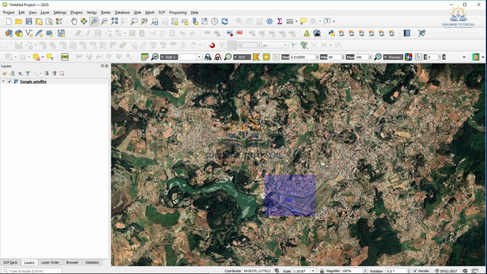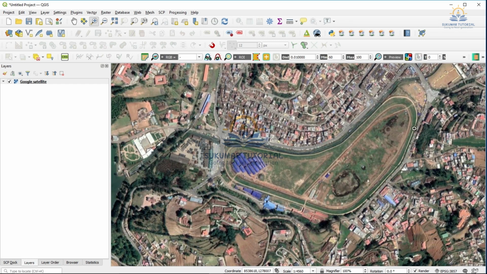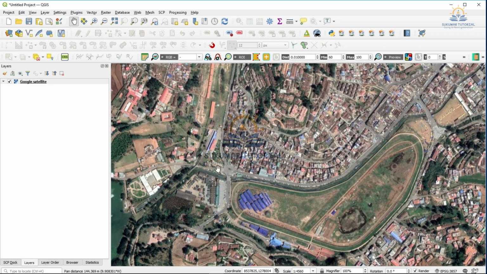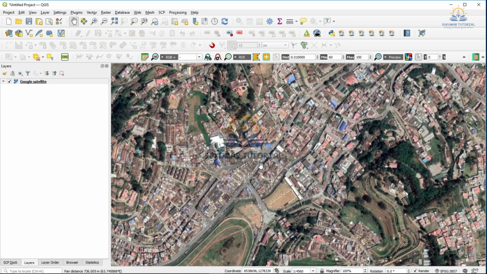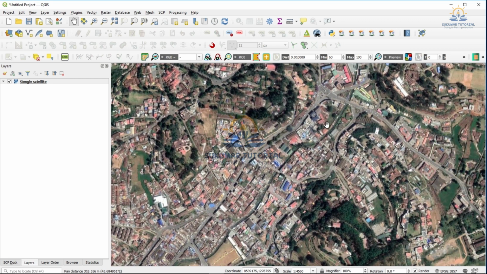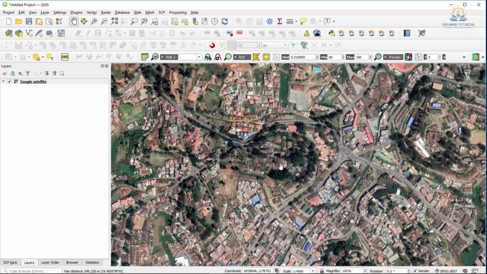Here you can zoom as much as possible, and then you can digitize area features. This is a racecourse. The racecourse can be digitized. So already I have digitized it. Then we'll see how we can find out the area. Similarly, the roads are there, road patterns are there. Using line features, you can digitize along the roads. From one point to another point, we can find out the distance also. So I have already digitized this, and then you can see it.